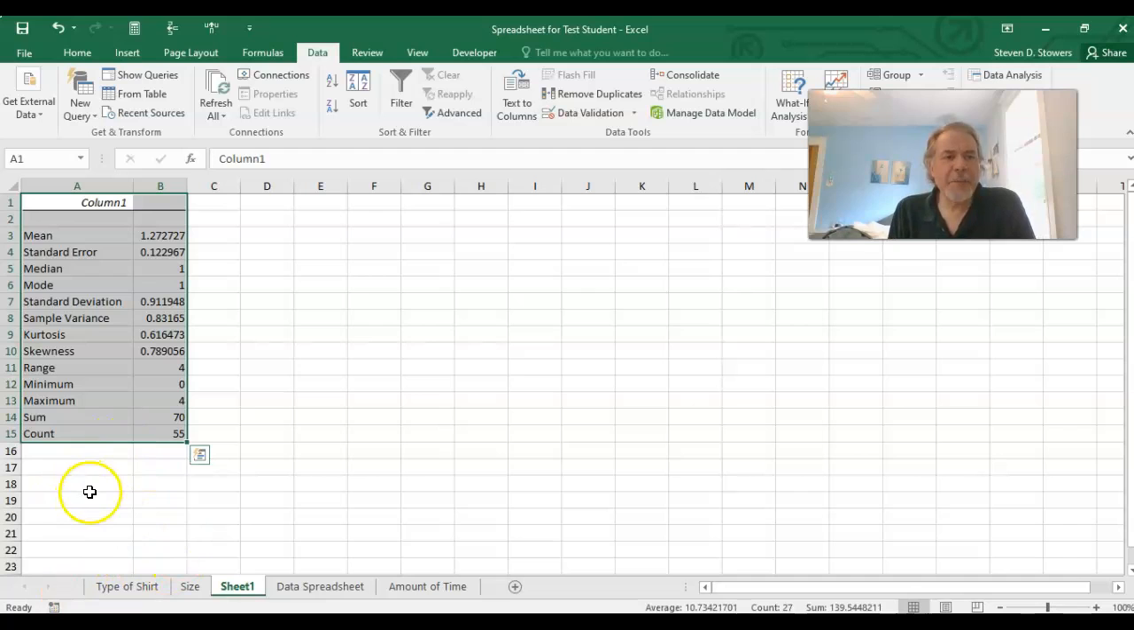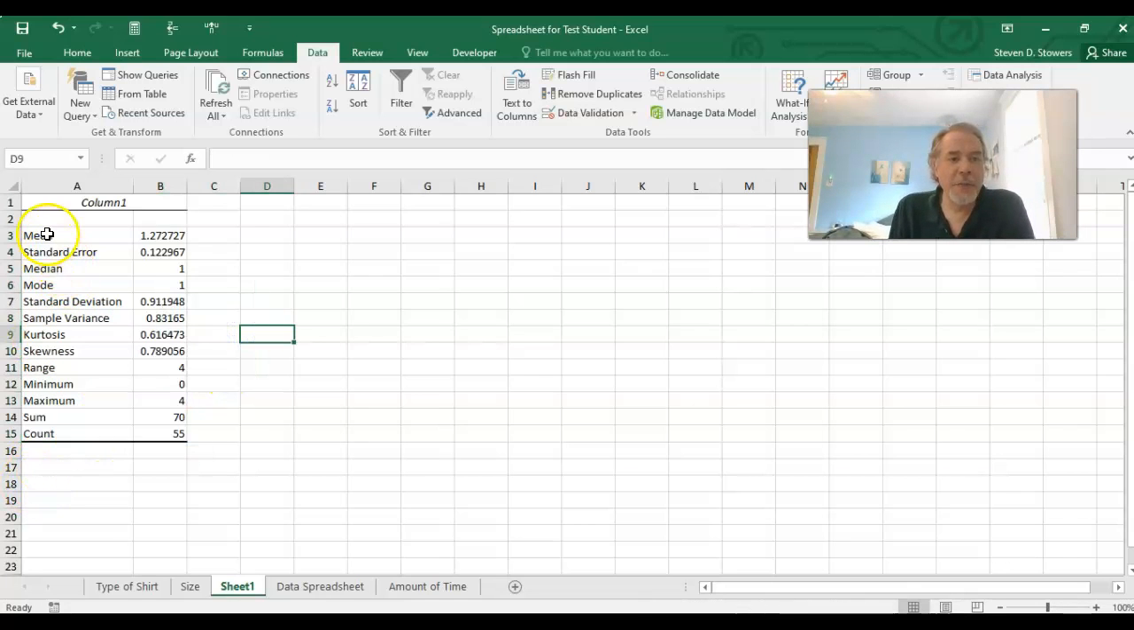Now this calculated a bunch of different things for us, and we don't want all of them. For example, kurtosis, skewness, we haven't talked about those, and we're not really going to. We're going to get those out of the way. So the only things we really want here are the mean, the median, the mode, the standard deviation, and the minimum and the maximum. By the way, it should say count 55 because that's just a count of how many numbers we were working